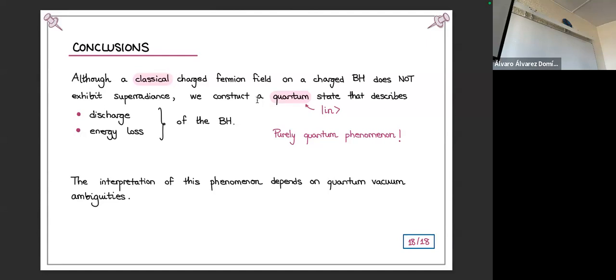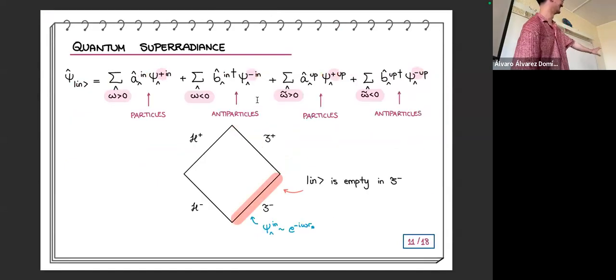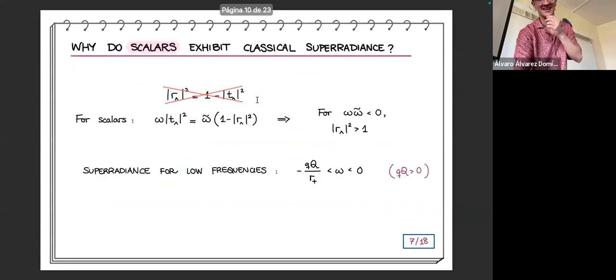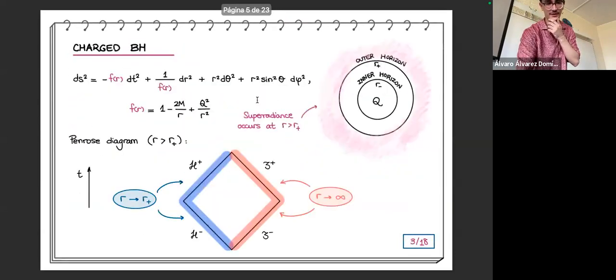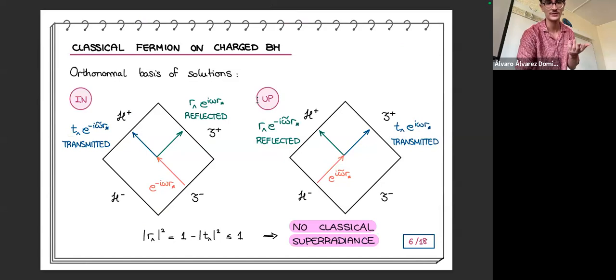I think that's what I'm saying. I have one question also related to the discharge. If it's losing charge, then it's breaking this static assumption? Perfect question, because the in and out quantum vacuum are not static, they are dynamic. It's a very nice question that I struggled with a lot, but now I think I have the answer.